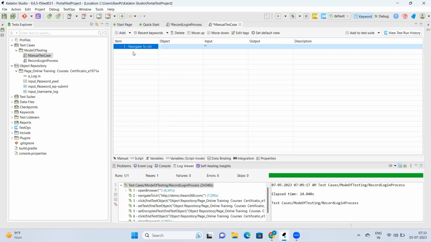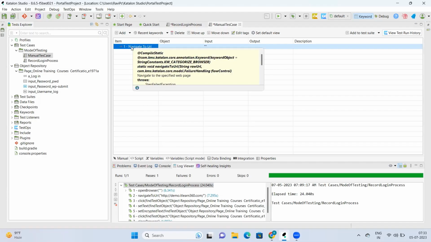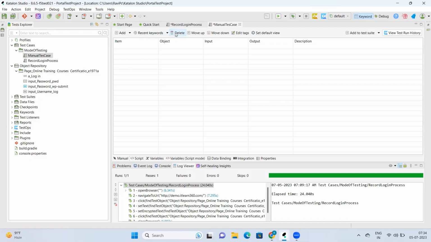Now the next one after this is navigate to URL. Before that is open browser. By mistake, I have missed that section, open browser. So I'll click the delete button and this section is deleted. Again, I'll click the add button and write open browser. So this will open the browser. Now, for the next step, click the add button again and write here,